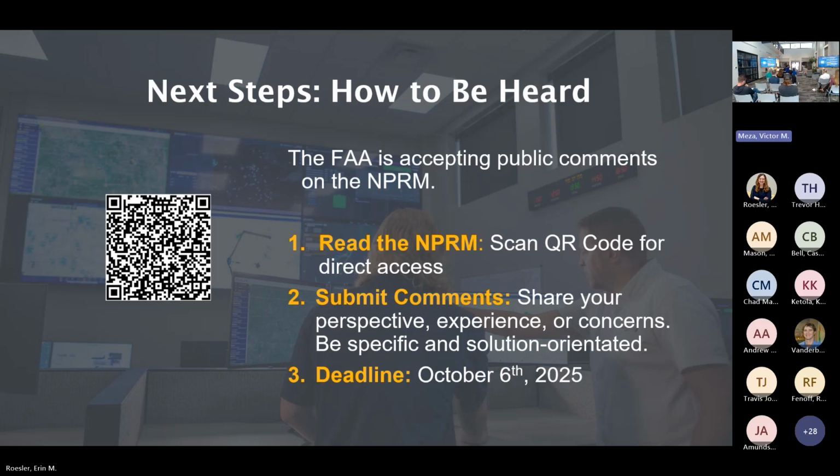When you're submitting your comments, if you've never done this before, the more solution oriented and data driven you can be, the better the comment's going to be. It's really going to provide information that will help the FAA make an informed rule. I'd also add, don't just add the areas of the NPRM that you're unhappy with. Add the areas that you're happy with. Because if there are areas where you go, wow, this is great, the FAA knocked it out of the park, they should not change this, this proposed rule should go right to final rule, add that in the comments as well.